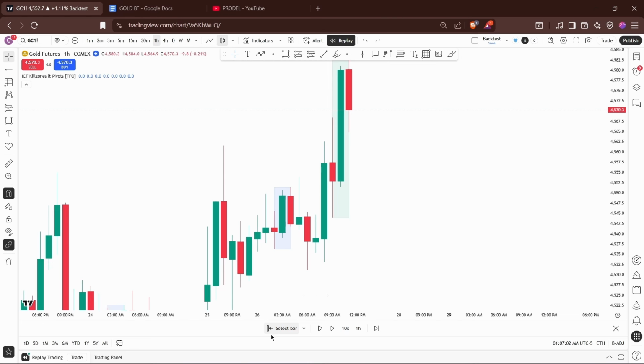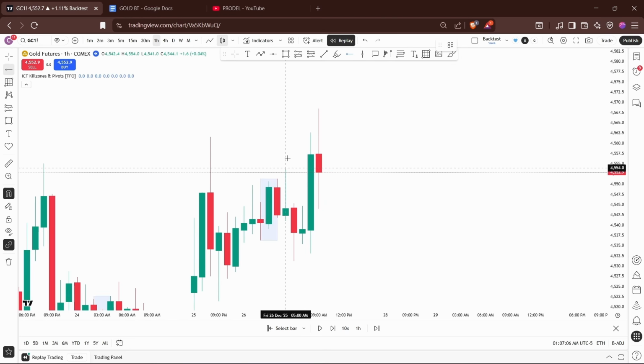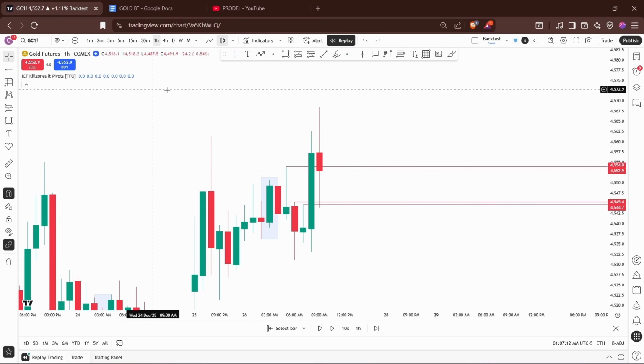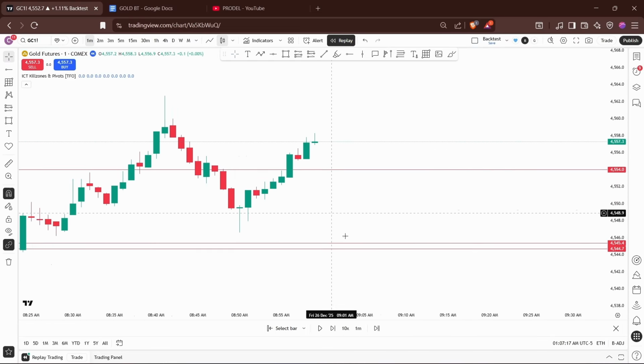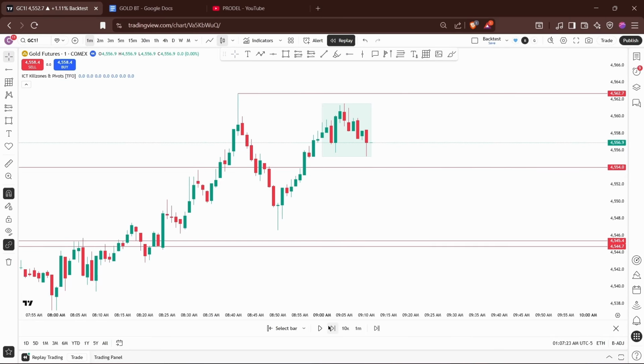This is the 9 a.m. candle. Let's see how it forms here. This is the level, and then this is the level, and then this is another level. Let's wait for the 9 a.m. candle to reach to our PY. Let's wait for the candle to reach to our PY, and